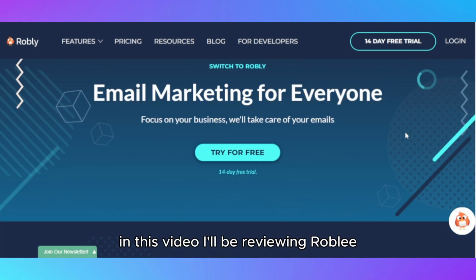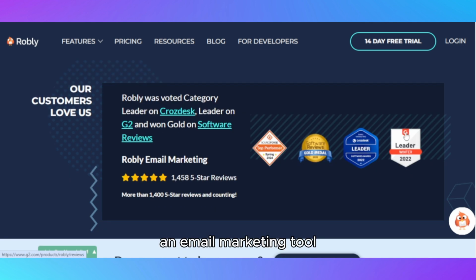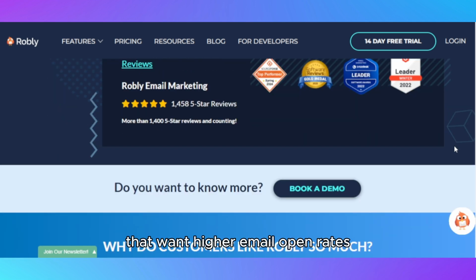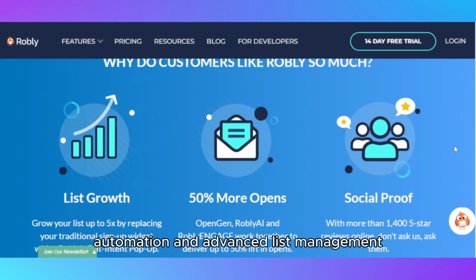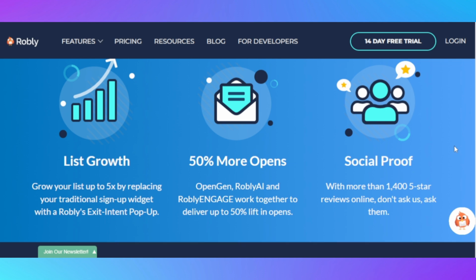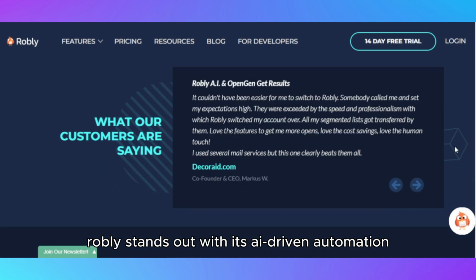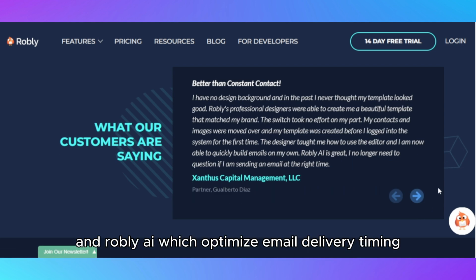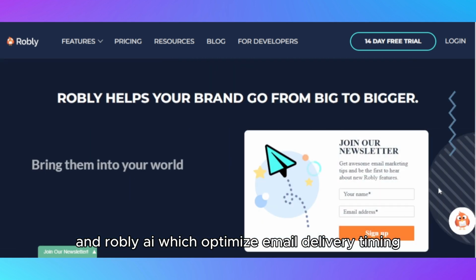In this video, I'll be reviewing Robly, an email marketing tool designed for small to mid-sized businesses that want higher email open rates, automation, and advanced list management without the complexity of enterprise-level platforms. Robly stands out with its AI-driven automation and unique features like Robly OpenGen and Robly AI, which optimize email delivery